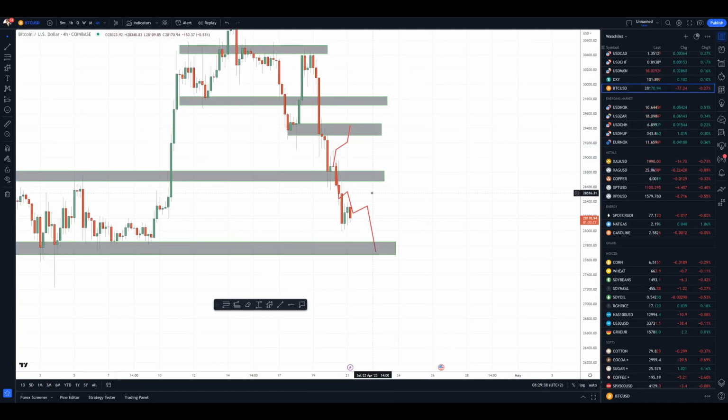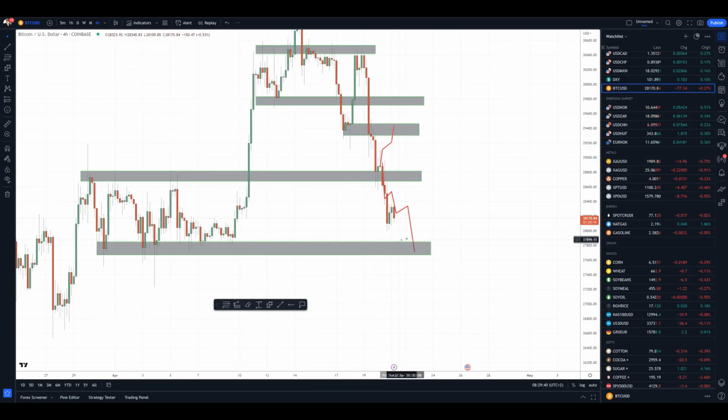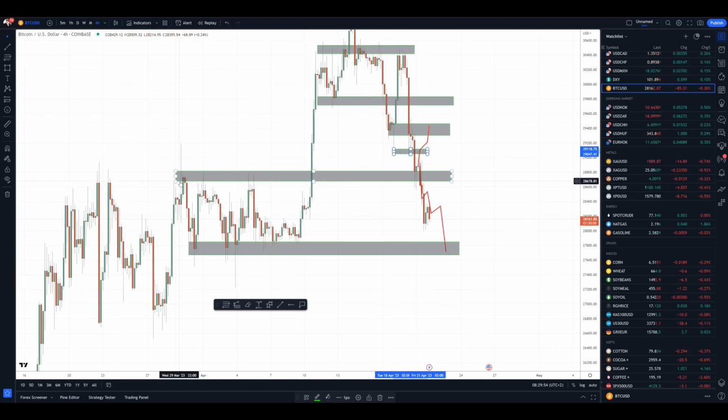And speaking of the Bitcoin versus US dollar, what we have there is that market didn't have power. Basically, it found pretty much supply just around the lows and rotated lower back in this prior range. So market tried to react there and failed, and now market is trading to the downside, and we have a support cluster around